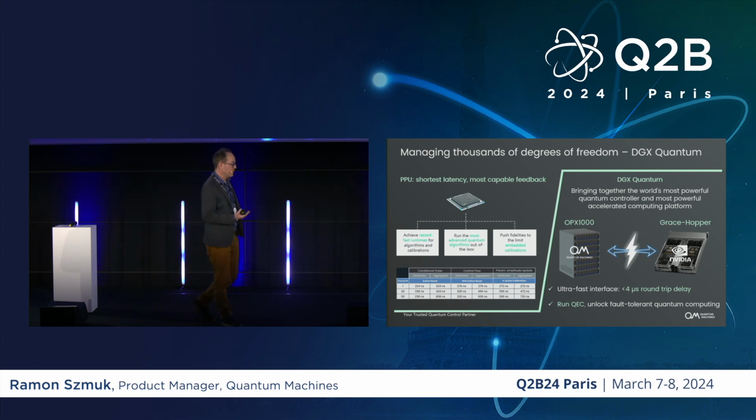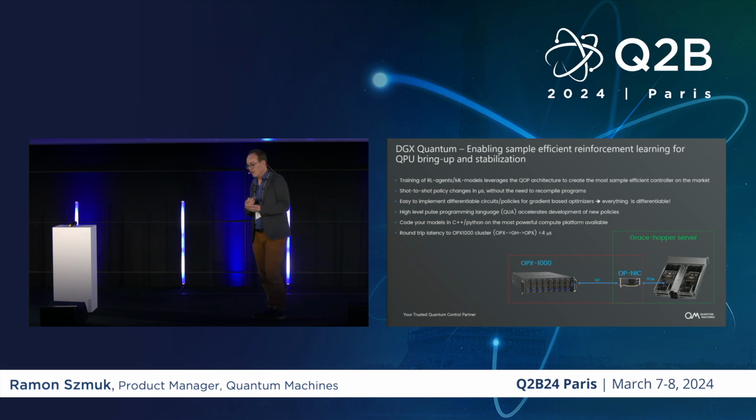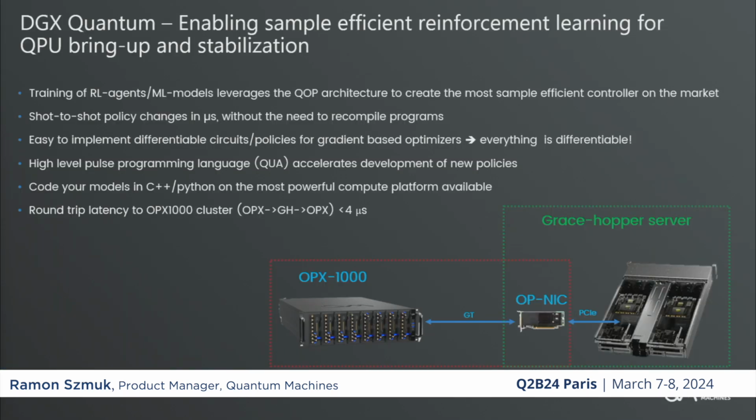But the general use is to extract entropy from the system. So if you need to extract this entropy intra-shot, you have to do fancy quantum error correction things, but you still need to run some quantum error correction decoder in real time. And so the Grace Hopper can do that. If you want to stabilize your QPU shot to shot, job to job, because parameters drift, nothing fancy in quantum, but the frequencies of your qubits drift, the inhomogeneity drifts, crosstalk, and so on, you can now have powerful reinforcement learning models that can be learned in real time with a high rate.